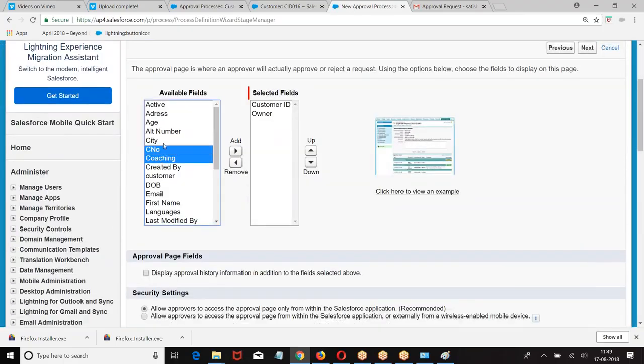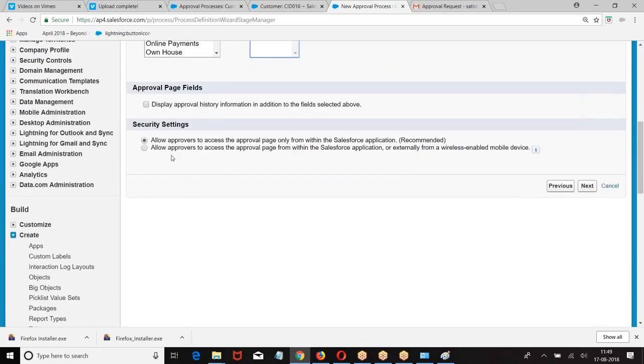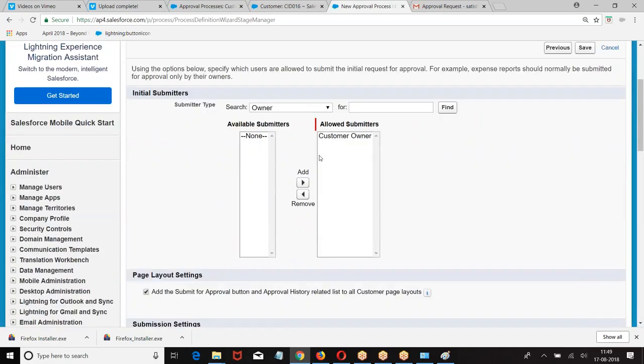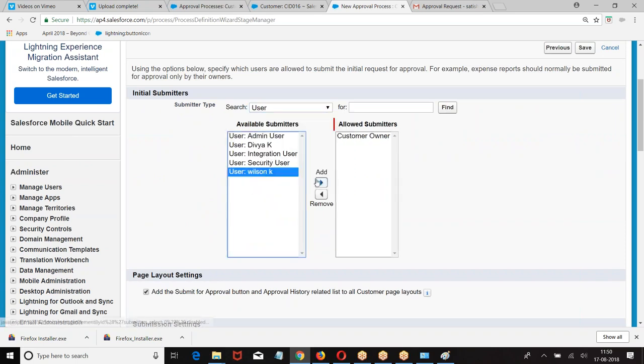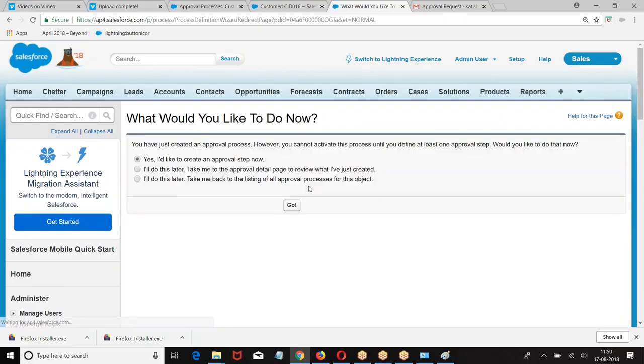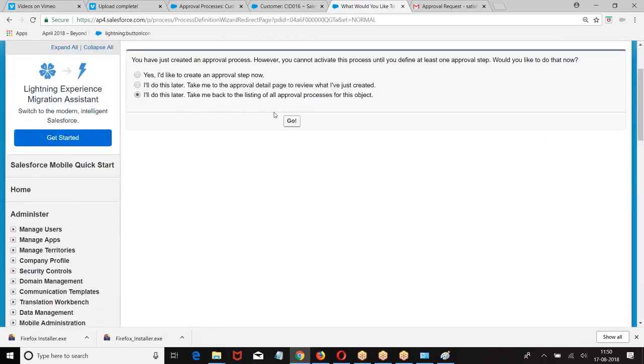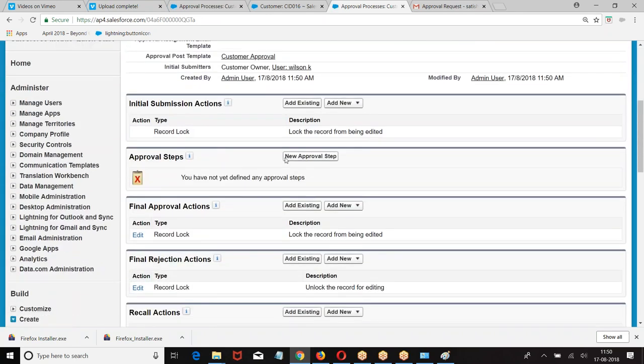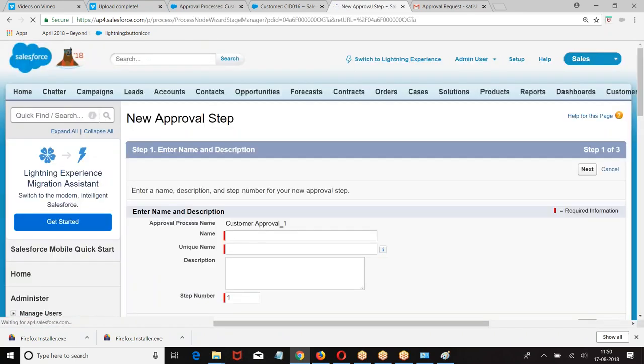Next. These are all steps we have done a number of times. Now two points I am adding here.